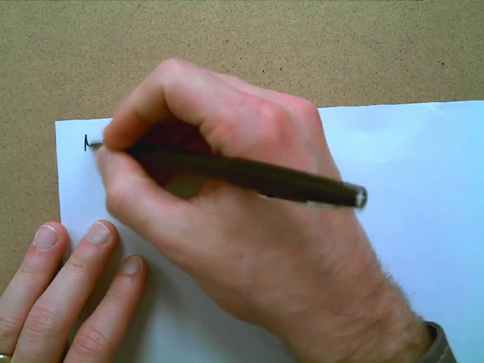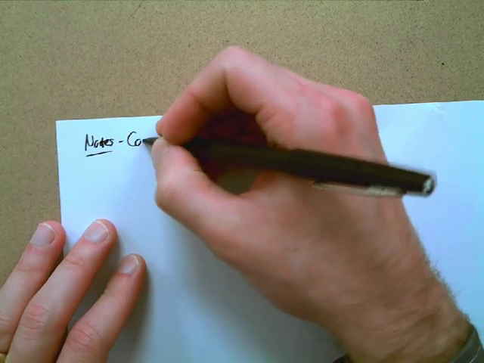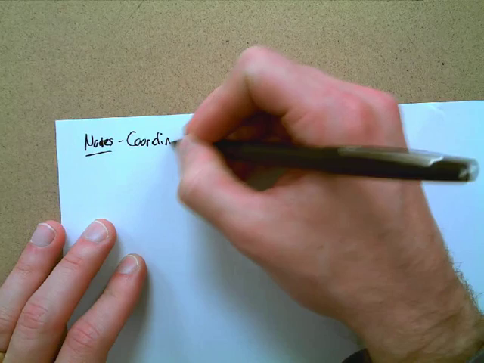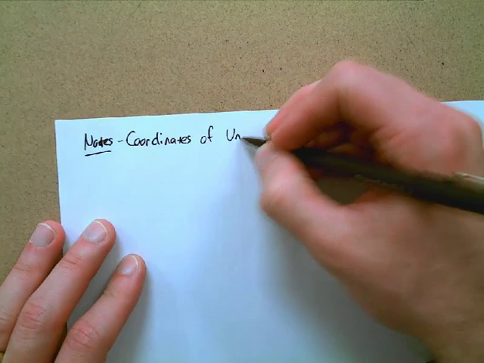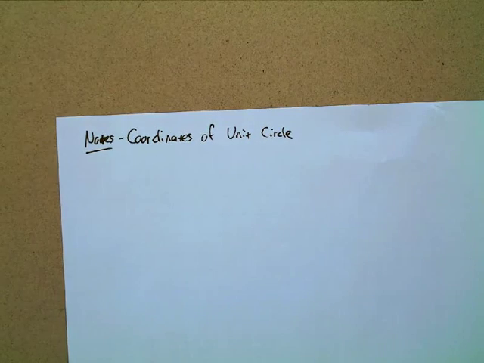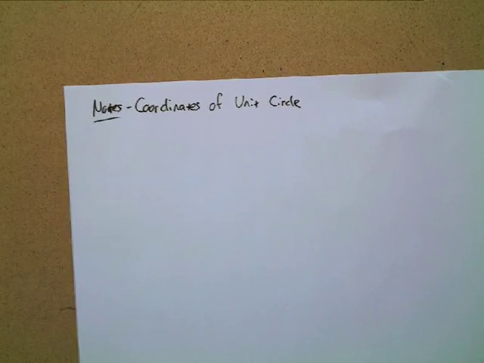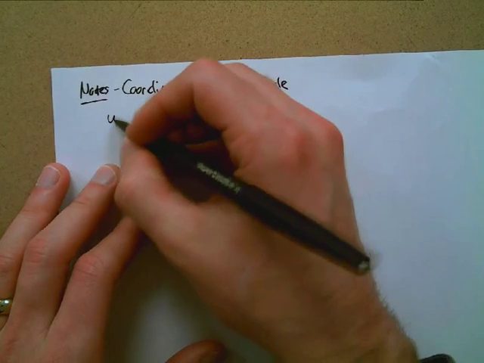So rather than talking about the entire unit circle at once, we're going to start with finding the coordinates in just the first quadrant. Okay. We're talking about finding coordinates in just that first quadrant. All right. So again, the unit circle, before we get started on those coordinates though,